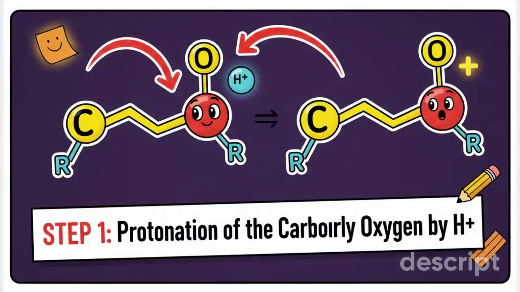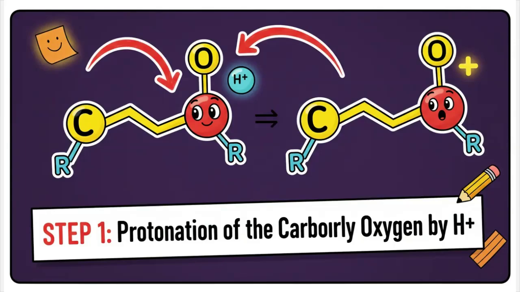Let's walk through the acid-catalyzed mechanism. First, the carbonyl oxygen gets protonated by an acid, making the carbonyl carbon more electrophilic. Next, a water molecule acts as a base and removes a proton from the alpha carbon, the carbon adjacent to the carbonyl. The electrons from the CH bond form a new pi bond between the alpha carbon and the carbonyl carbon, while the C=O pi bond electrons move on to the oxygen. This gives us the protonated enol, which then loses the extra proton from oxygen to regenerate the acid catalyst, yielding